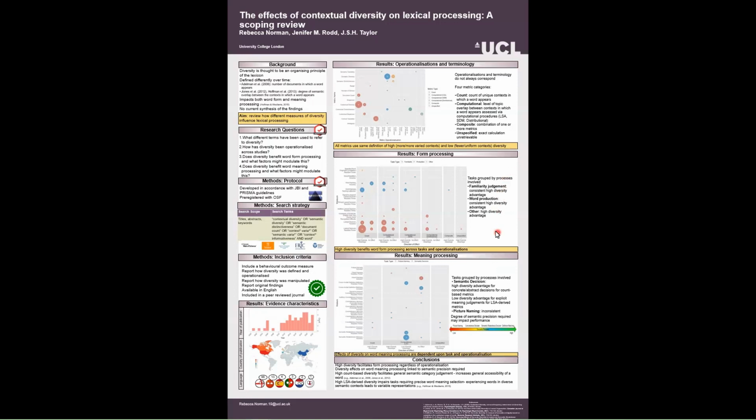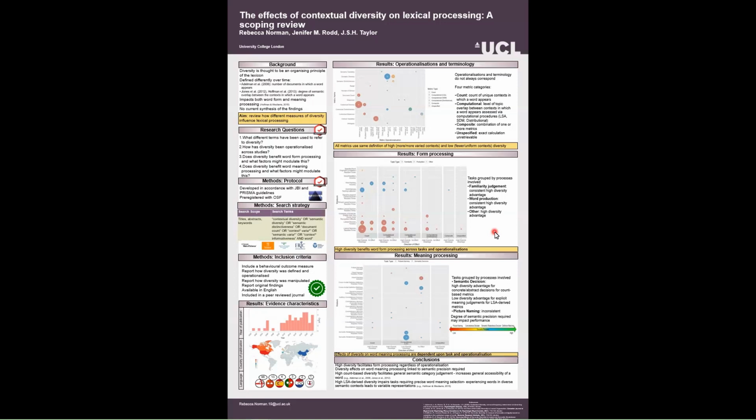Considering word form processing, we see a high diversity advantage across familiarity judgment tasks, i.e. indicating whether you know a word form or not, word production tasks, i.e. saying a word when prompted with its written or spoken form, as well as tasks that did not fit into either category. This is also consistent across metrics. Therefore, experiencing words in more or more varied contexts results in more accessible word form representations, which may in turn